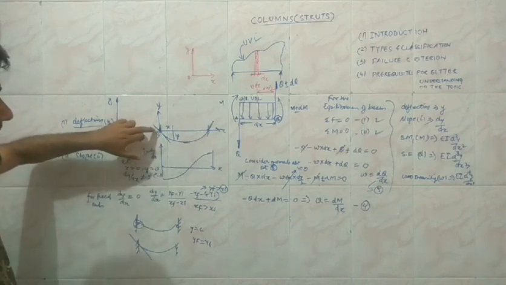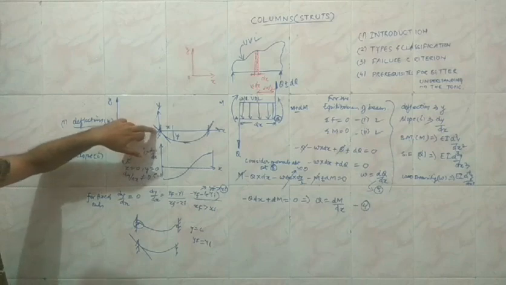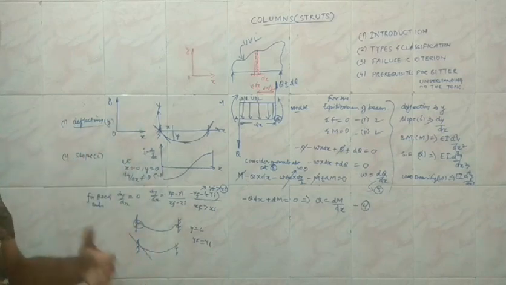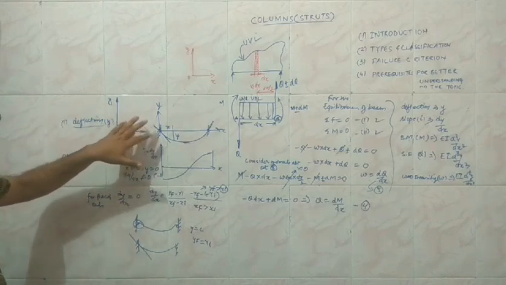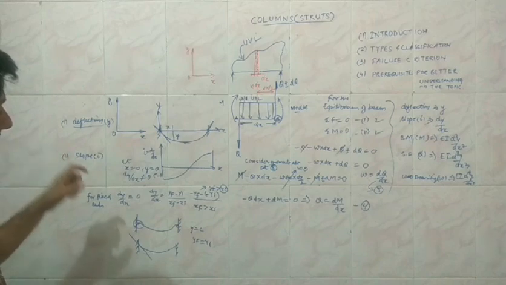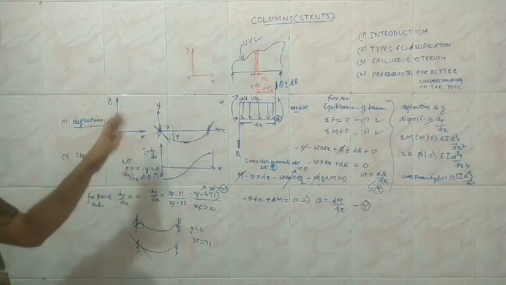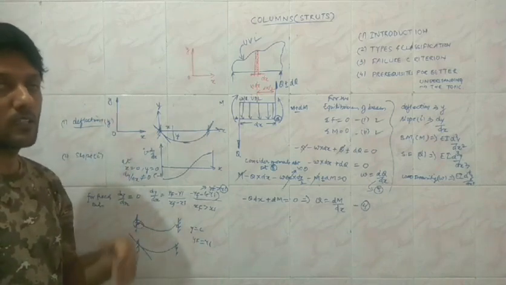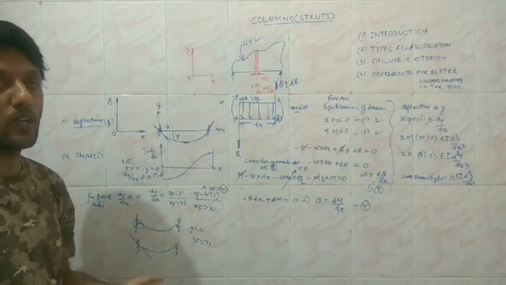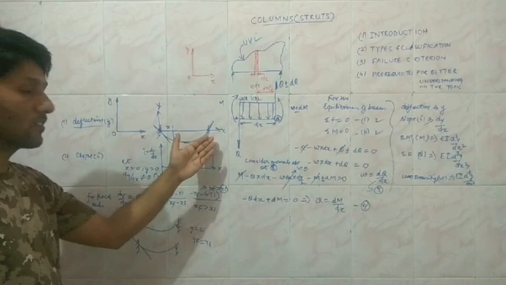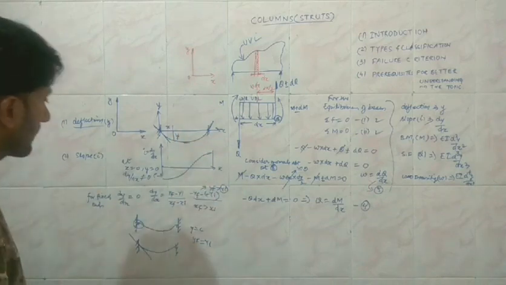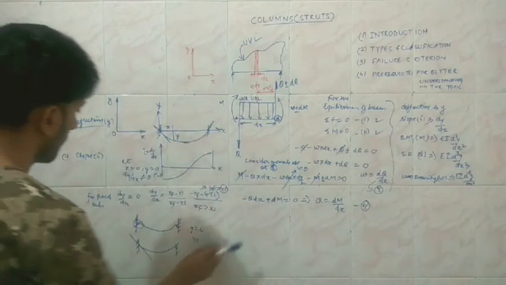So when the ends are pinned or simply supported, because the support is not going to provide a resisting moment at the end, there will be a slope which is not going to be 0. And in case of a fixed end, the slope is going to be 0 at x equal to 0, where y is equal to 0, and if the other end is also fixed, then the slope at that end is also going to be 0.